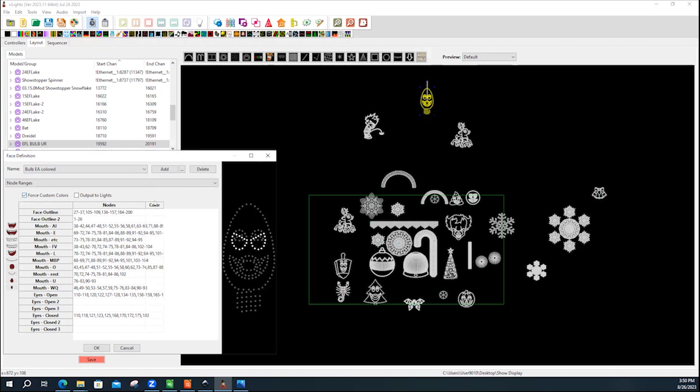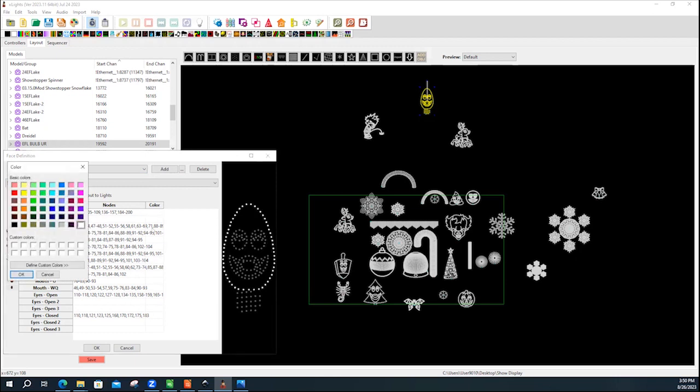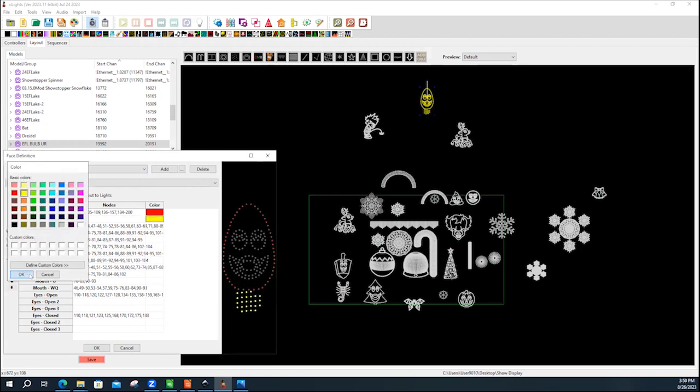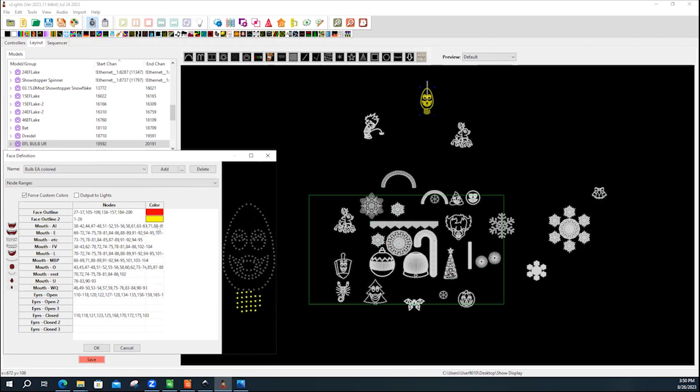And what that does is it opens up a color box. For each one of these that you look at, this empty space here is actually going to default to white. So I'm going to just double click it, and when I do that, I can choose a color. Let's choose red there, and let's choose yellow here for the base. For all of the faces, I'm just going to leave it white for now, and the eyes, I'm going to leave white as well. Just for this purpose, but you can go through and color these in however you would like. I'm going to hit OK,